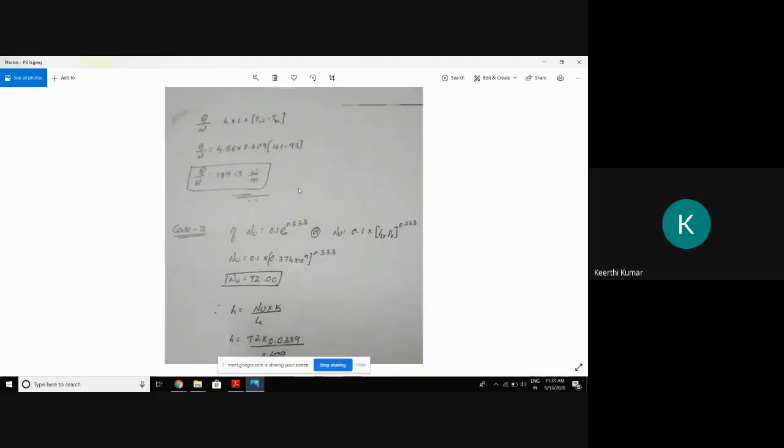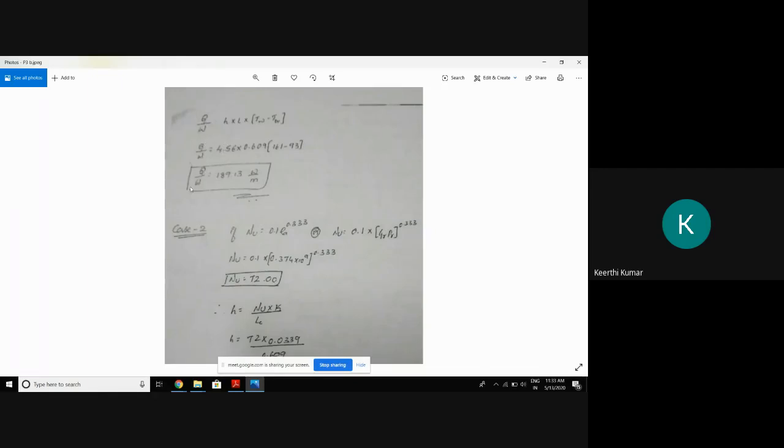So in the previous sheet, it was only the formula. Now I substitute the formula. And then I have not found the value of Q directly. I have taken Q by W. Can you tell why I have taken Q by W in this problem? Because in the question itself, he asked to find out the rate of heat transfer per unit width of the plate. Means Q by W. Considering W as unit width, find out the Q. So I have taken the W here.